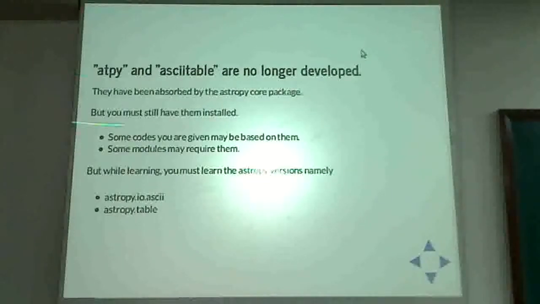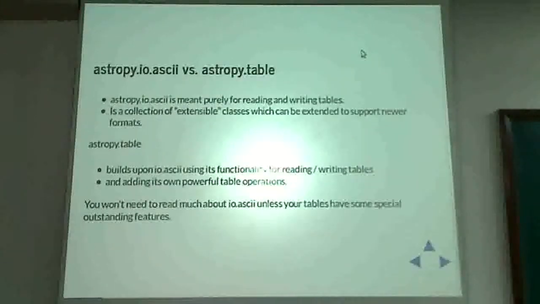So the counterparts of these two in AstroPy are astropy.io.ascii and astropy.table. So what is the difference? I mean, why two modules for handling tables? Well, you will only use one, which is astropy.table. Because